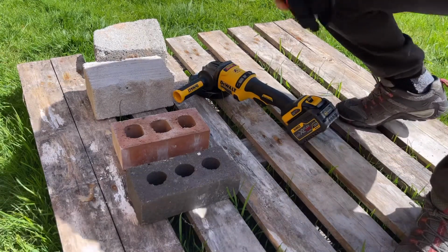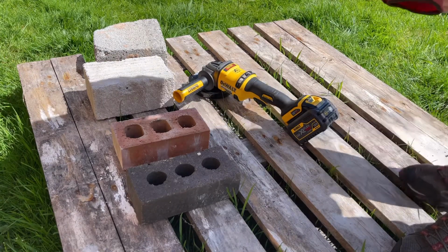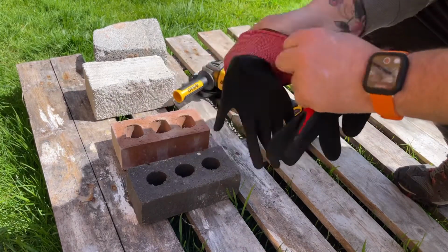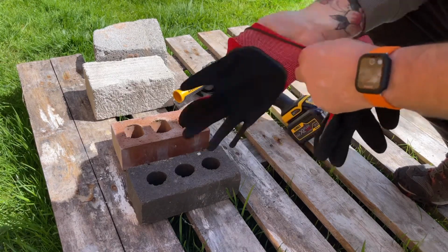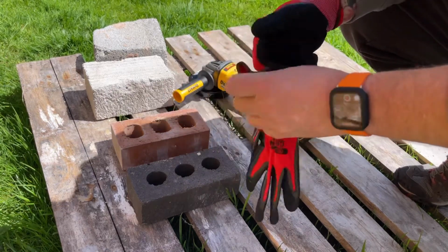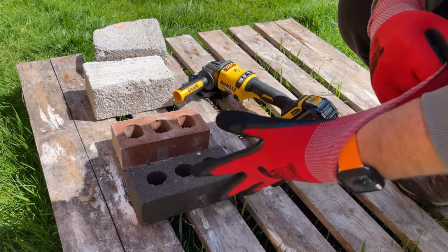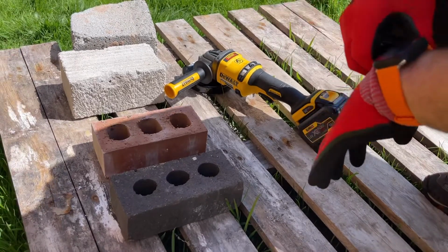Okay guys, I came outside to do a little demonstration. Just put my gloves on, safety first, and I have got eye protection. Let's put some new gloves on. The thing is, with the videos I've seen on YouTube and what have you, they all seem to do